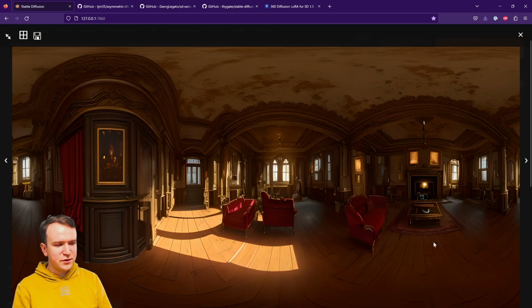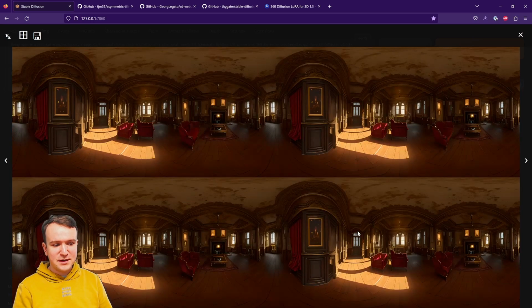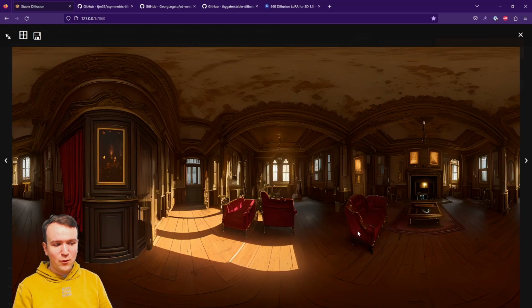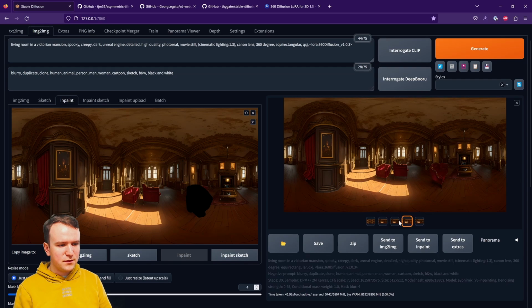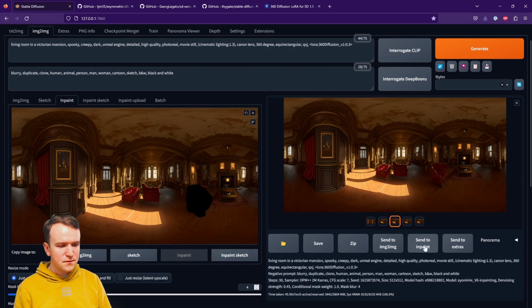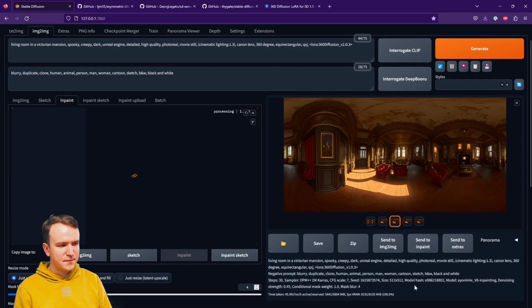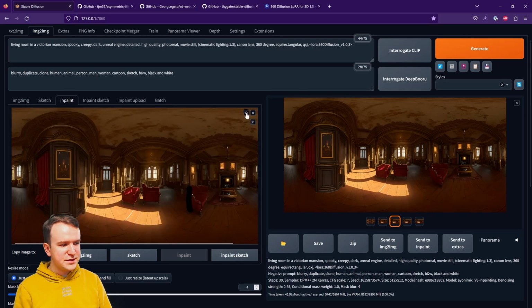Great, and as you can see, it really fixed my furniture, made it much more detailed and realistic. I gotta be honest though, I forgot something, and I was very lucky that this happened. It got from context what I wanted here, but I didn't actually adjust my prompt in any way to tell it what I wanted. Now I'm going to leave this one, I think. I like this one the best. So the second one. Send that back to inpaint. Make sure you reset your inpainting.